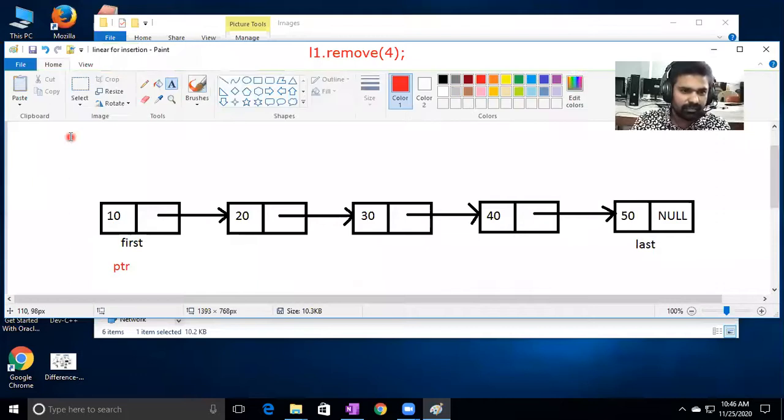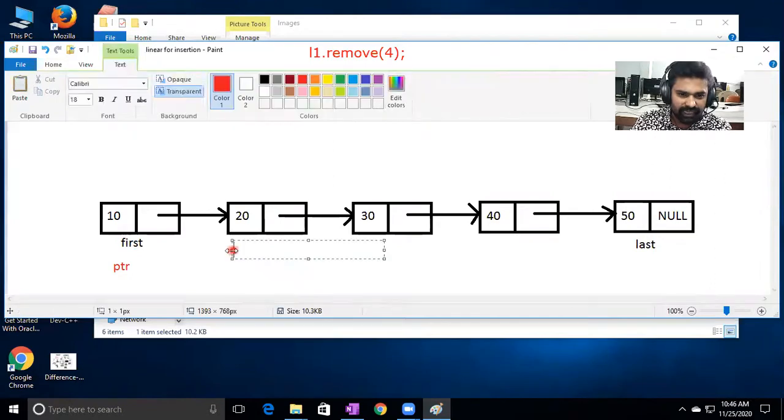Which code do we write? Pointer equals first. Already we have written that code. If this is the pointer, this one is pointer next.